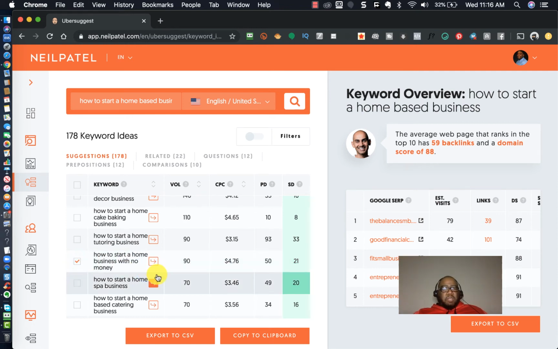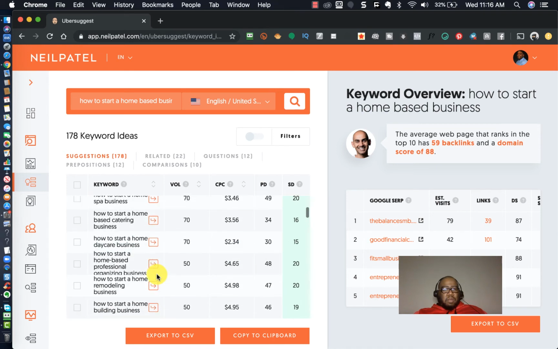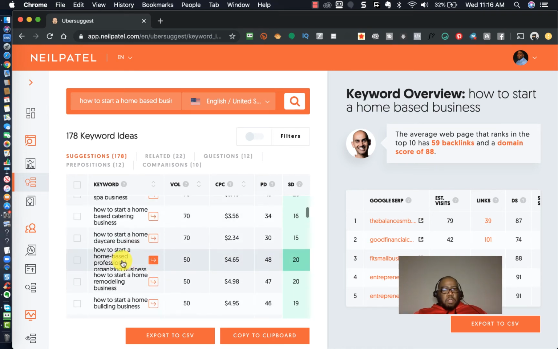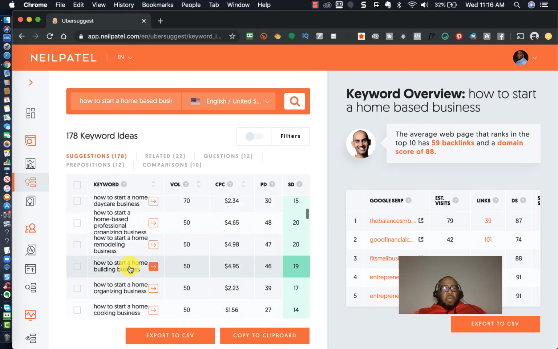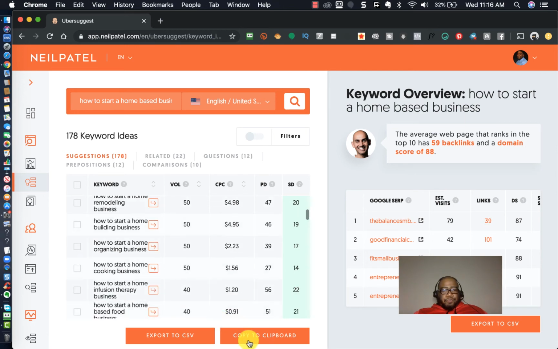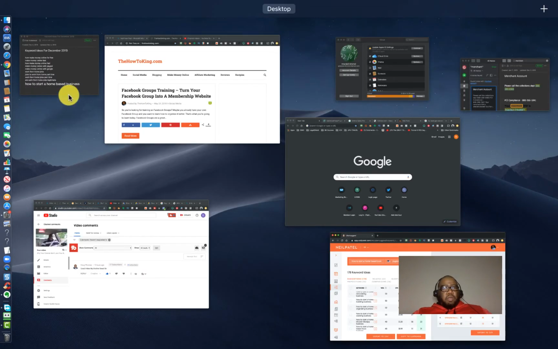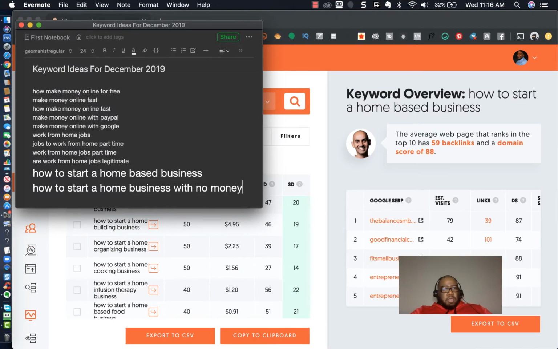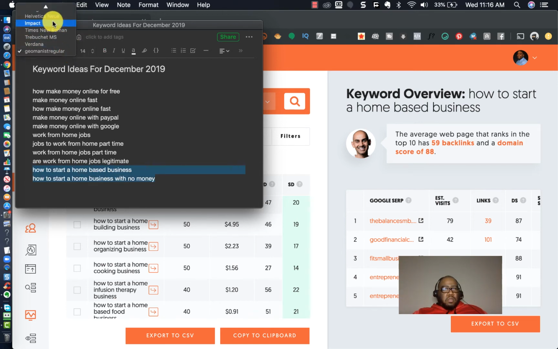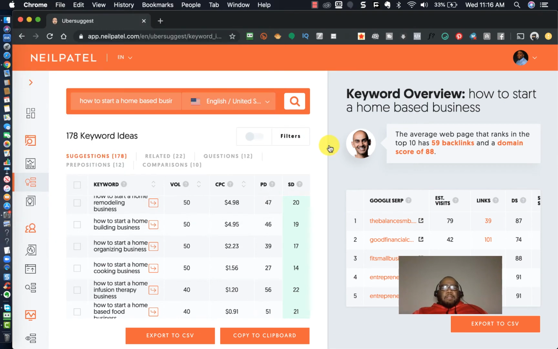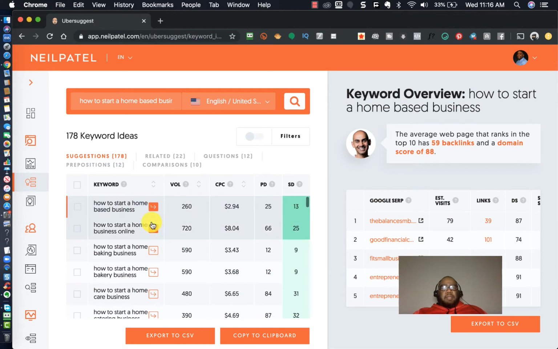I almost guarantee it. Again, this software is not necessarily the gospel on what people are searching. It's just giving you a general idea. Okay, so I'm going to take one more keyword there because I kind of liked that keyword. I'm going to post it. I need to switch this because it's messing with my OCD big time. Okay. There. All right. So now I've got some content ideas.